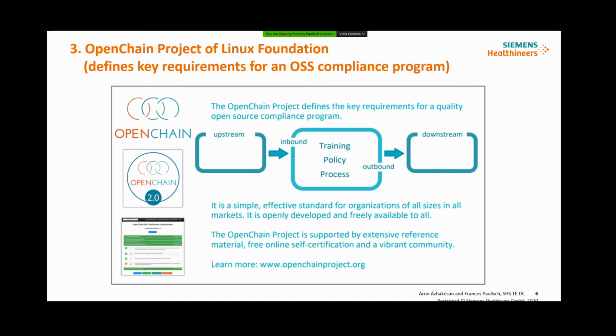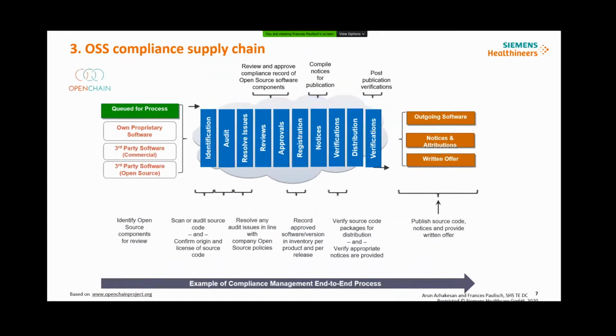There's a reference working group that I will show on the next slide that is working in this space. This is a slide showing the overall process for this topic. On the left side, you have your own proprietary software coming in, as well as the commercial third-party components. And in the case of this talk, most importantly, the third-party open source components that are coming into the process. Then it goes through all of these steps of scanning for the licenses, looking for the license text